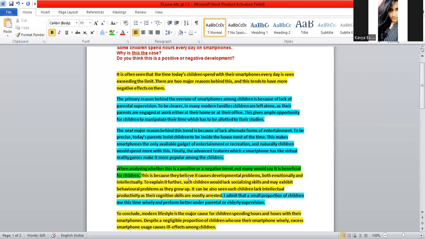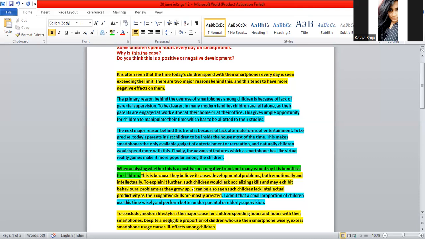They don't know how to interact with others, to make a good relationship with others. And we do have problems like short tempers, aggression, violence, lack of emotion. Sometimes we do have eye strain and all other physical problems. We do have a lot of problems there when we overuse the smartphones, because they are not in the real world, they are in the virtual world.